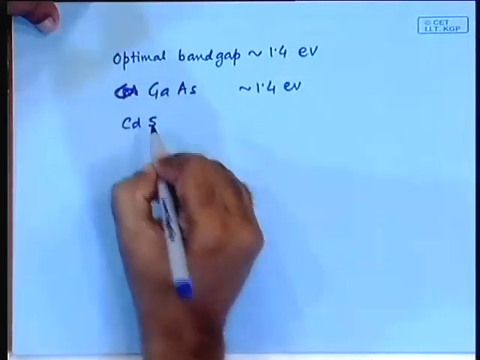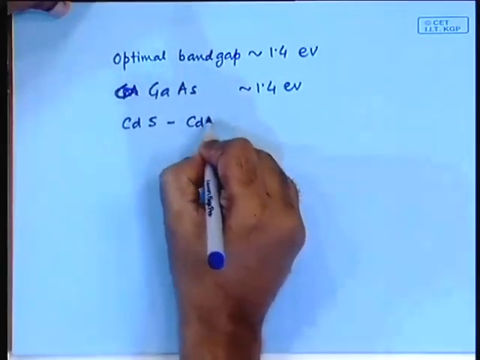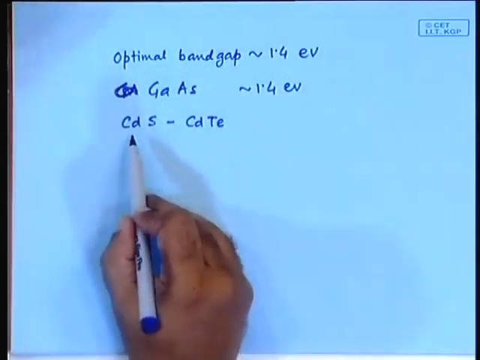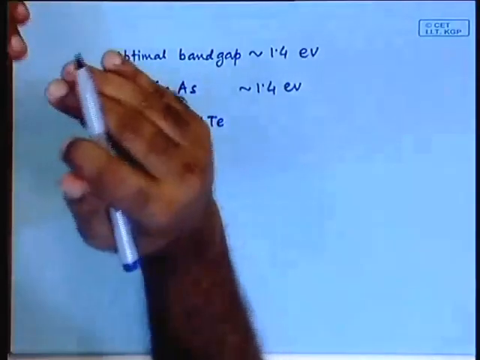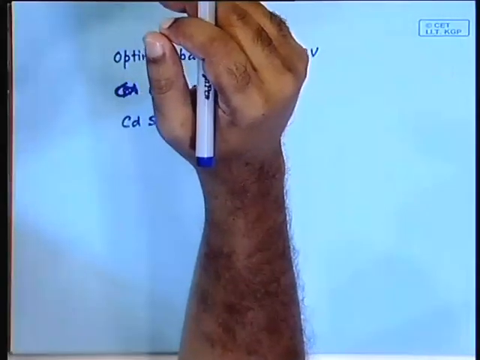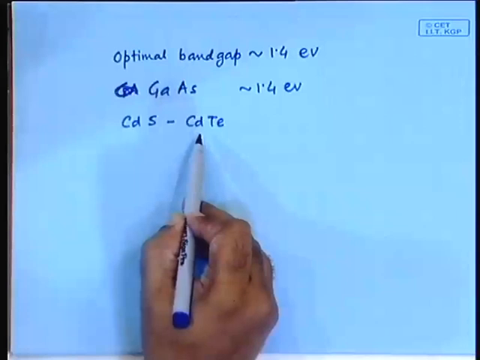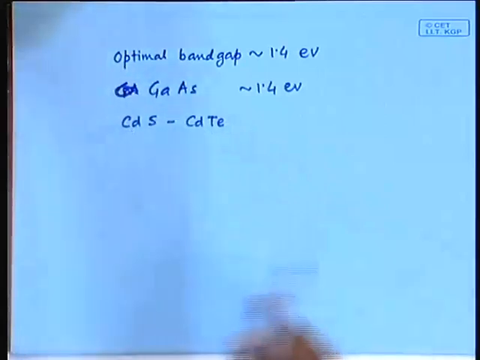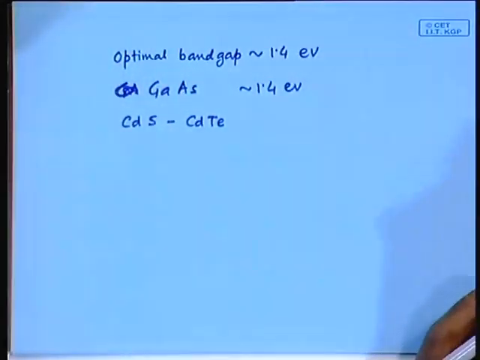There are other materials that are being considered, for example, cadmium sulfide and cadmium telluride. Where you have the N type and the P type constructed by the same material, it is called a homojunction, and if these are constructed by two different materials, it is called a heterojunction. As you can see, this is a heterojunction kind of construction. The main P type material is cadmium telluride, while the N type material is cadmium sulfide.